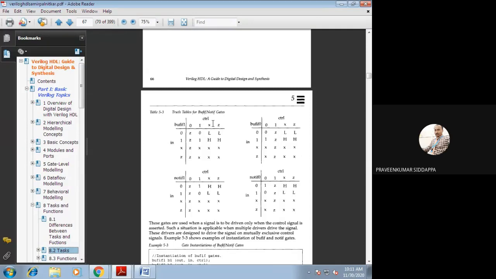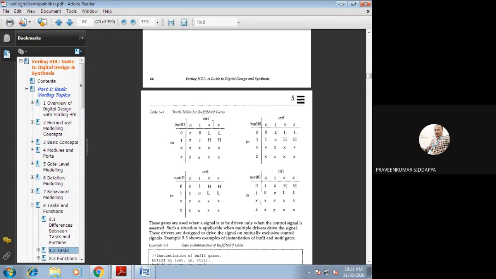First, we should check the control signal here. Only if control is turned on should your gate be turned on. If control is off, that is controlling. The whole operation should be controlled by that control signal. Whenever the control signal is one, then only it should operate. Remaining all should be what? Z, X, and L, H, low and high. So only whenever control is one, that column you can check. Whatever we have applied at the input side, same thing we are getting at the output side. Then that is buff. Is it clear?